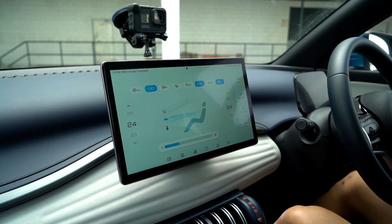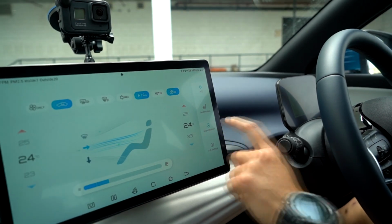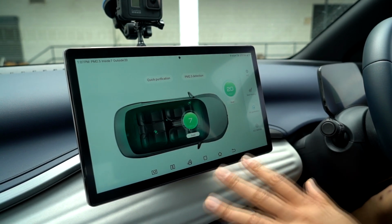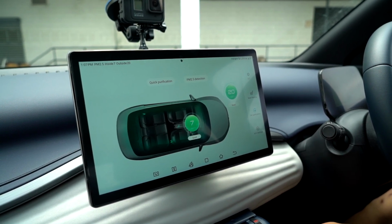It's got heating, AC. Oh, it's got air purification as well. That's pretty cool. Let's turn that on. That's nice. So you see the PM 2.5 figures. I think they have this because this is a Chinese brand, and air purifying in China is a big